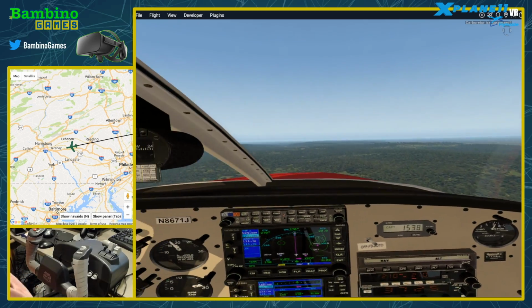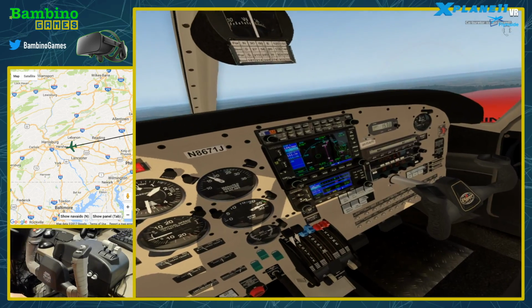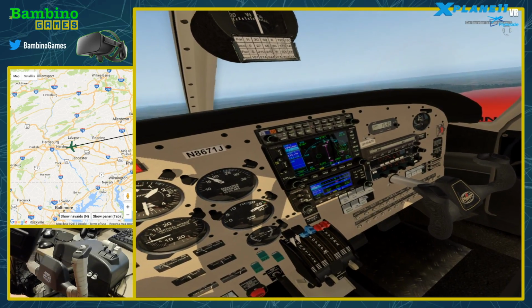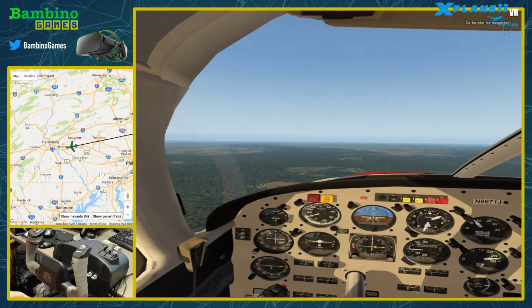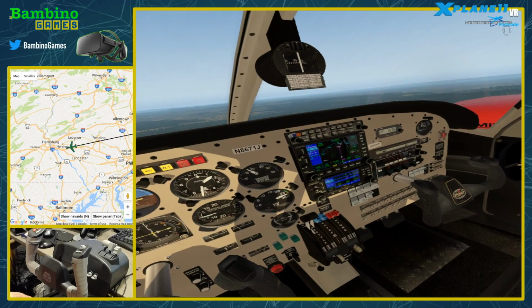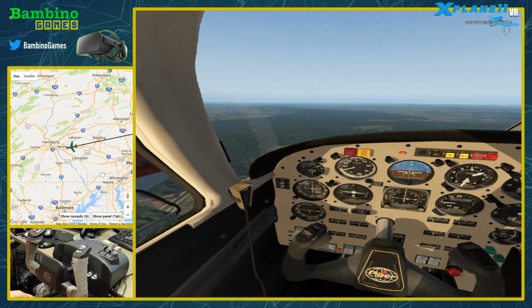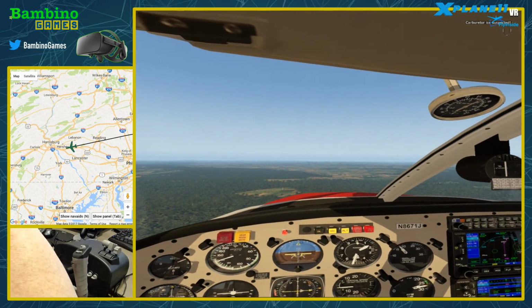All right, we are 13, almost 14 nautical miles outside of KMDT, which is Middletown Airport in the Harrisburg area. So we've got about 5 minutes to get there. We're going to start to slow down here. We should be, according to SkyVector,